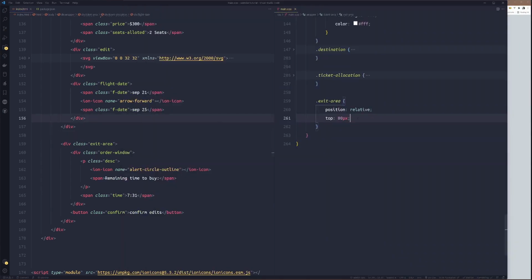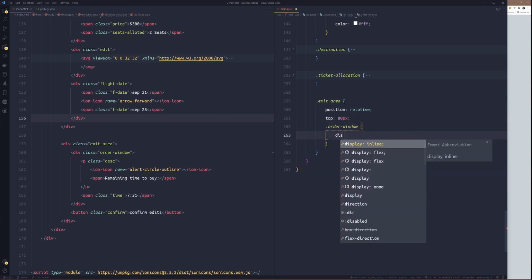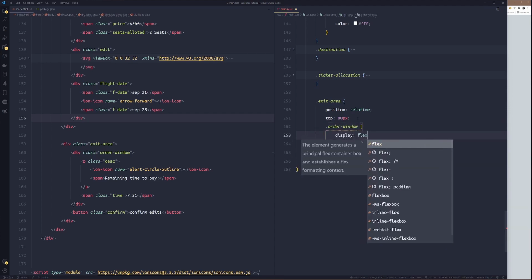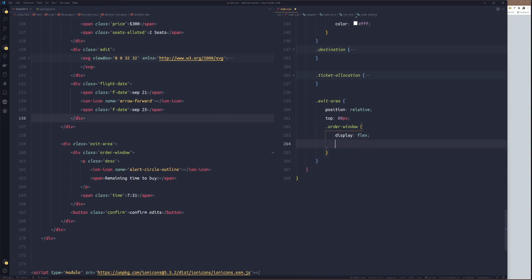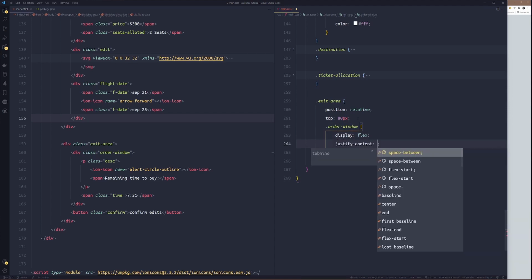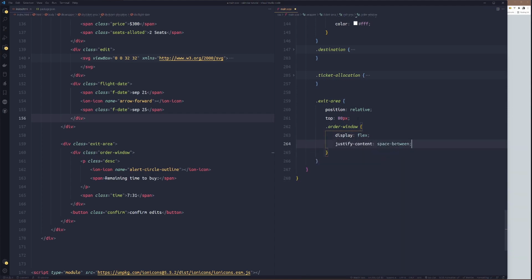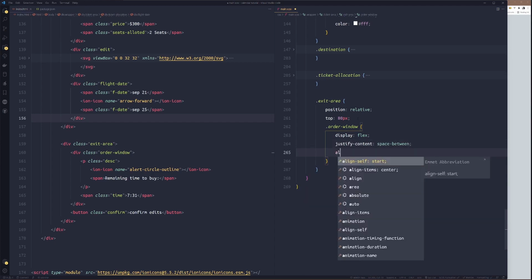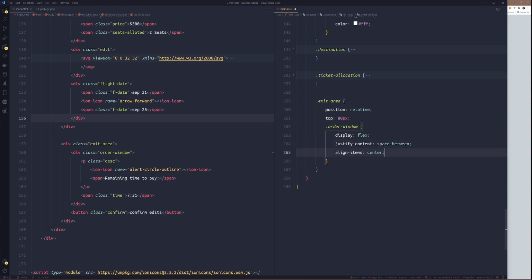We'll go push them. So I'll target the other window. This other window now, we'll set display flex, then justify content to space between, and align items to center.